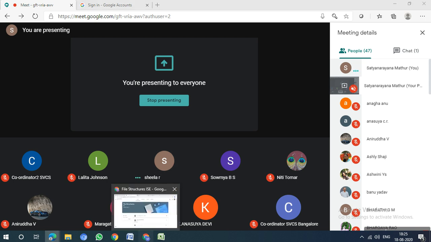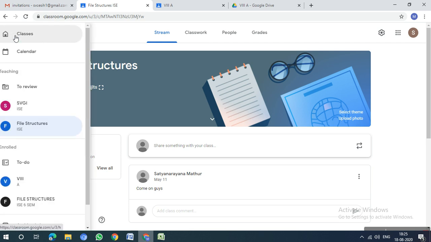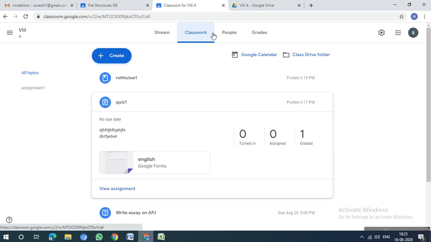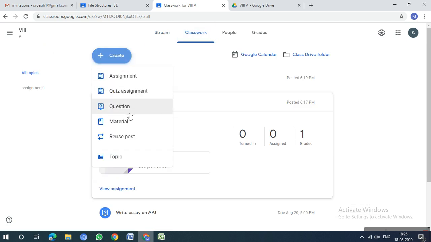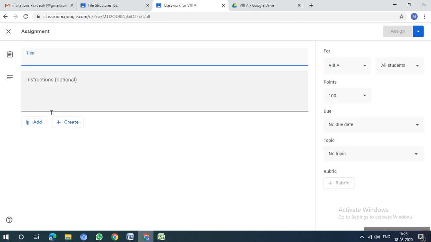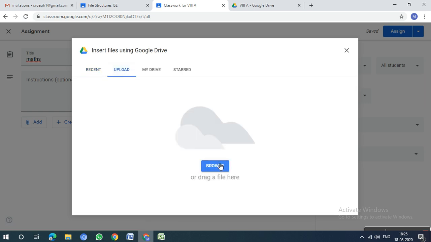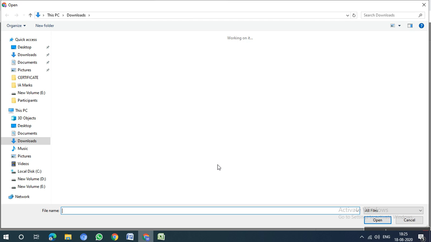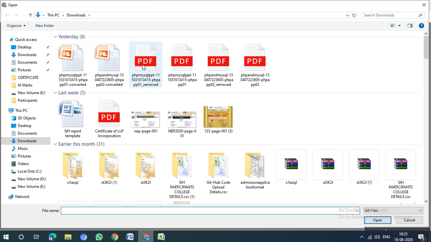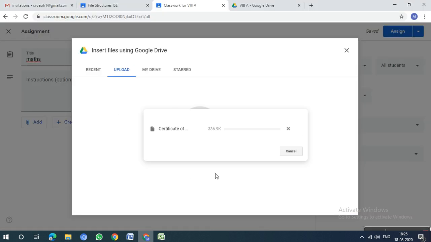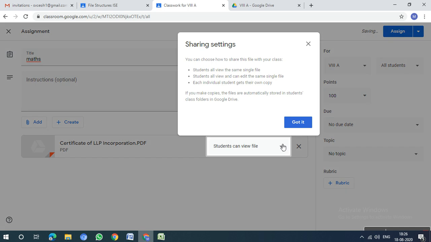I'll show you, one second. Okay, so I'm a student. I'll just create one more assignment now, because the earlier one is already submitted. So I'll create it here as madam asked. I don't want to type anything. I'll just put a maths title, and I am also giving a PDF to the student. So file, upload, browse. I'm giving a set of 5-6 questions as madam mentioned. Some document I'll give. I took a PDF file and uploaded it, so it has been given to the student.